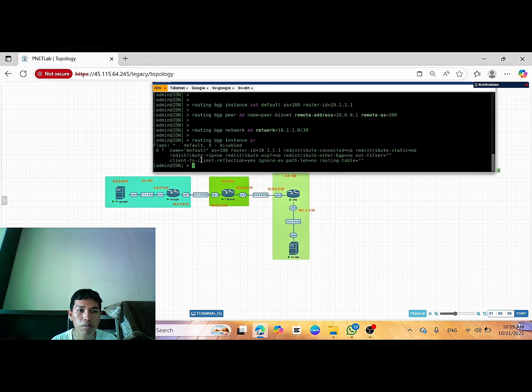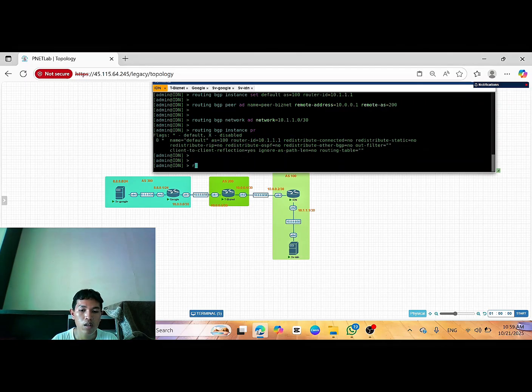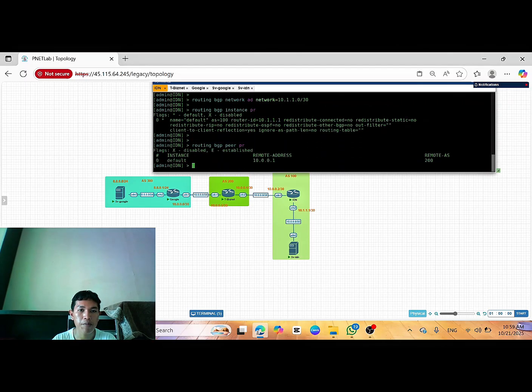You can see we already have it here. Routing BGP peer print: this is the remote address of the ESP router or BizNet.